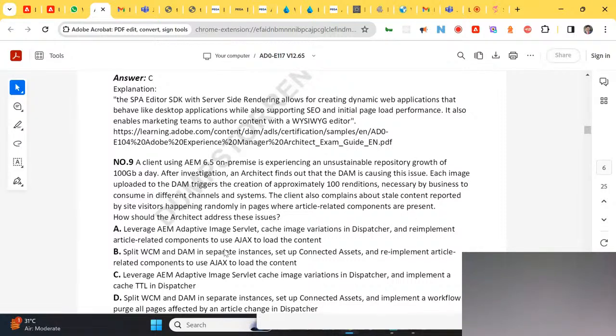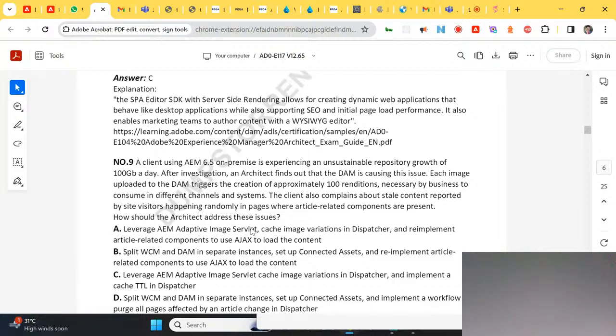And whatever is the article which is actually fetching the data, every time load it from the Ajax. Okay, instead of server side rendering article related components for anything which is related to DAM, if you load through Ajax, there will not be any stale content, right? Because we are always loading the assets from the browser directly calling the server, which is not rendered by the initial request. Okay, so this helps, stale content cannot come.